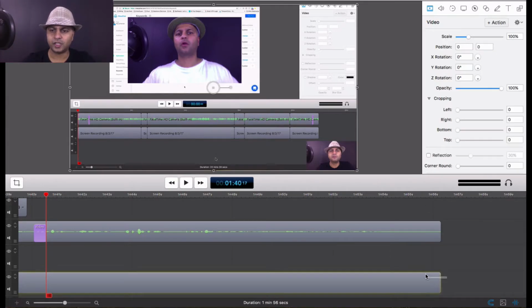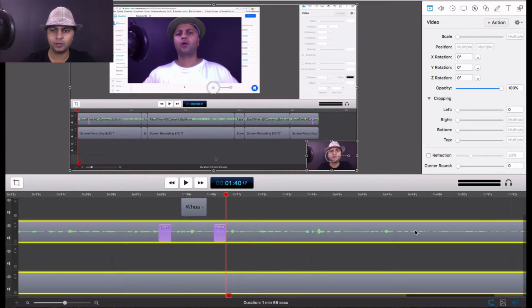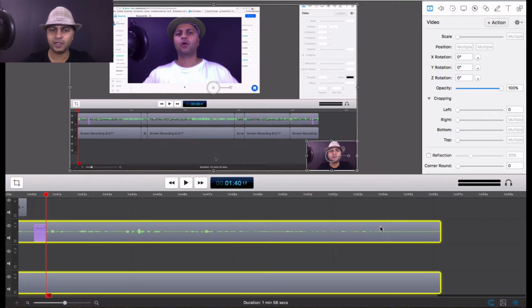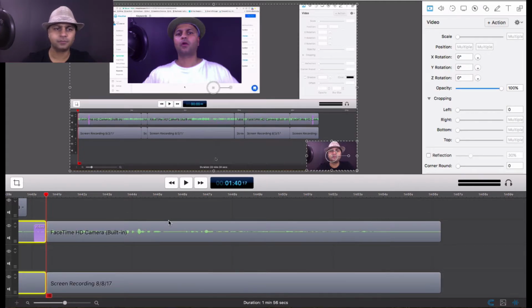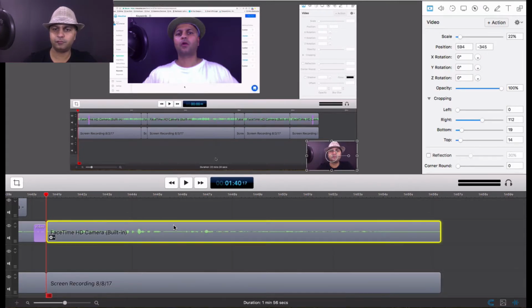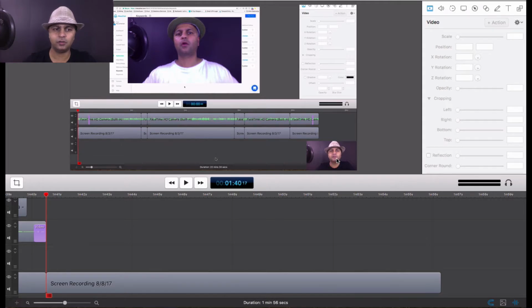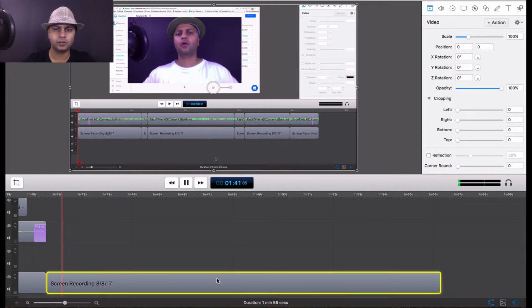So I'm going to select these two tracks right here, and I'm going to hit the letter T. So I'm going to cut it. I'm going to get rid of my face and my audio. I'm going to leave the screen recording. So if I start playing, you will see my face and the audio is gone, only the screen recording is